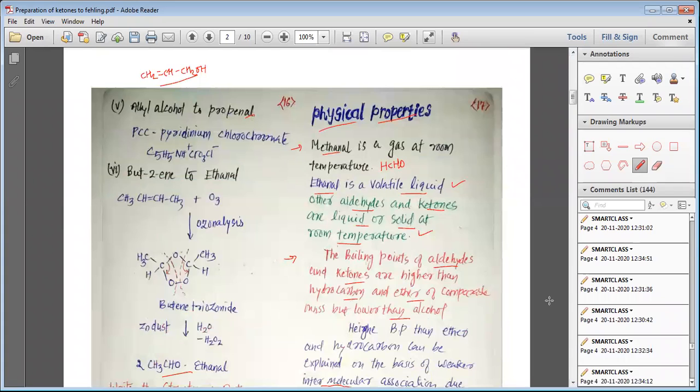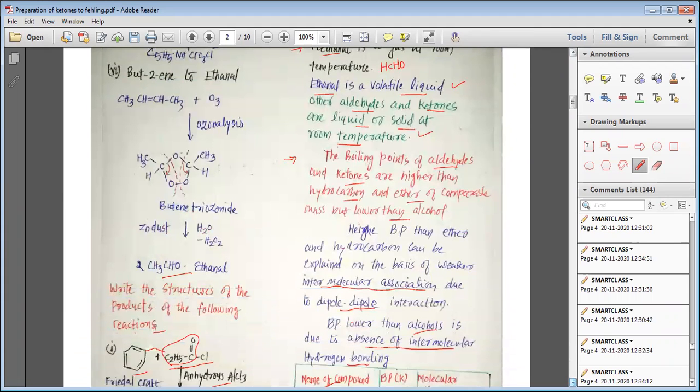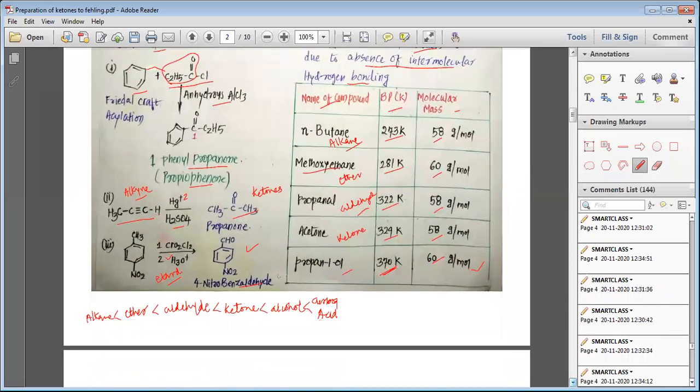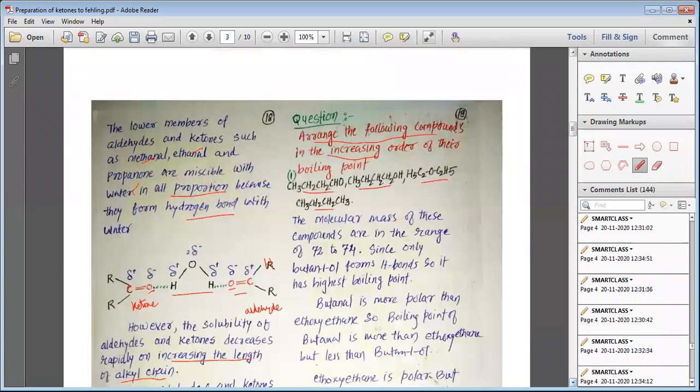We have studied the physical properties and seen that methanal is the only gas among all the aldehydes and ketones. All the other aldehydes and ketones are volatile liquids or solids. The boiling points of aldehydes and ketones are higher than those of ethers and alkanes, but lower than those of alcohols. These aldehydes and ketones have weaker dipole-dipole interactions, and hydrogen bonding is not present in aldehydes and ketones, and that is why they have lower